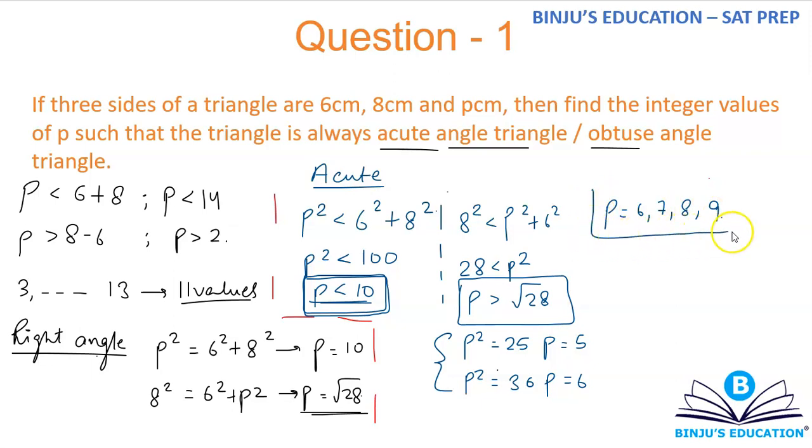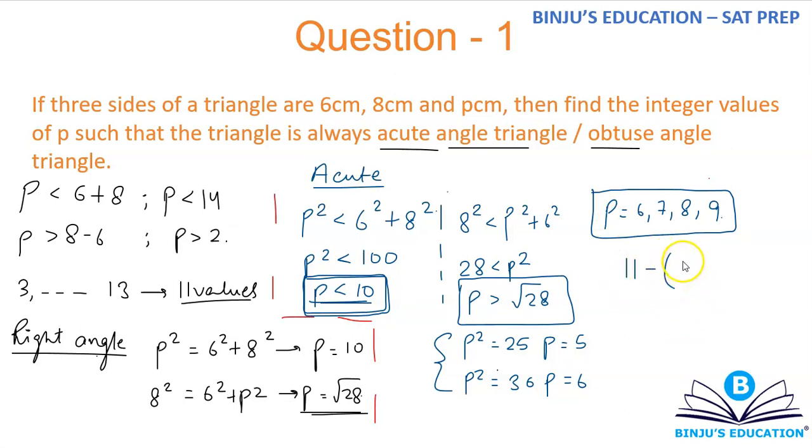So for these four values of p, your triangle will always be an acute angle triangle. Okay, so one value, 10, will give you a right angle triangle. Four values, 6, 7, 8, 9, will give you an acute angle triangle. So one thing is for sure: out of the remaining 11 values,